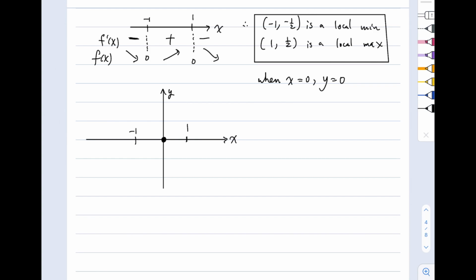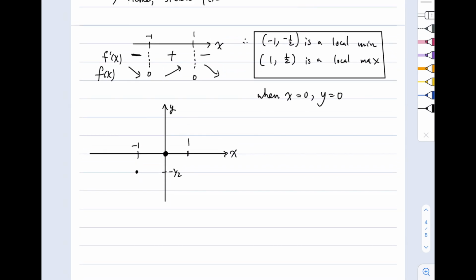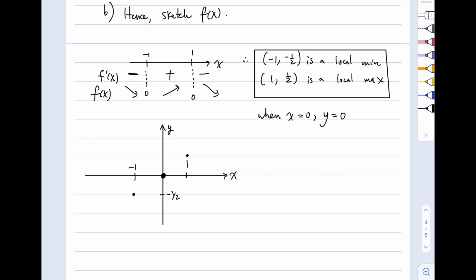We also have two other points. We have -1, comma -1/2. So I'm choosing this to be -1/2. And then we also have 1, comma 1/2, which I'll choose to be here. This is maybe a little bit confusing. That's a 1 here. Okay, so we have these 3 points. This might not help, but we have something. We have 3 points that we have to pass through,